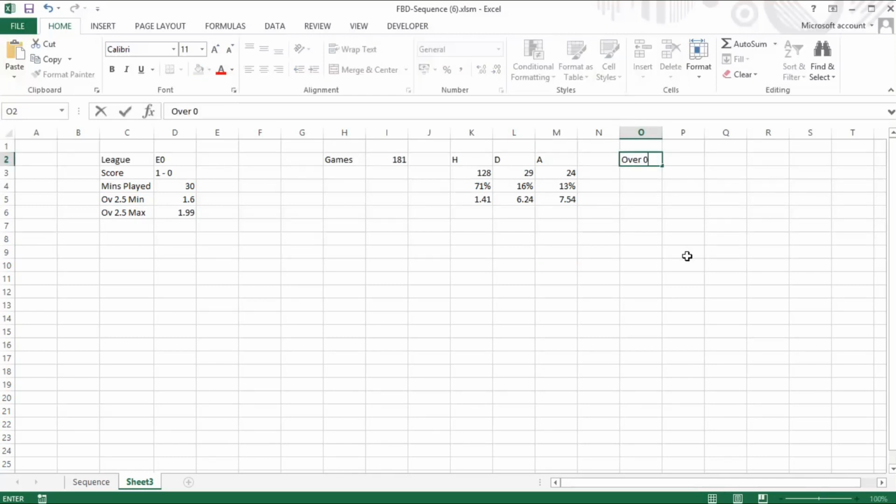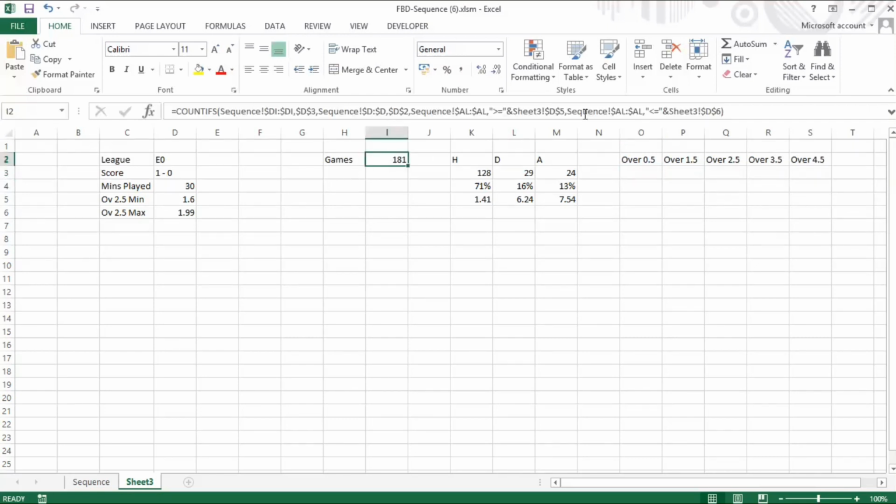We can look at the over markets. We can look at any market really, but let's just pop these in just to give you an idea of how you do it. Over 3.5, and let's go to over 4.5. Now, it's a very similar way of doing it here. You would select, and I'm going to use this as the base,